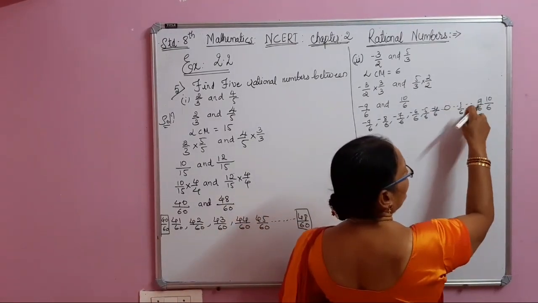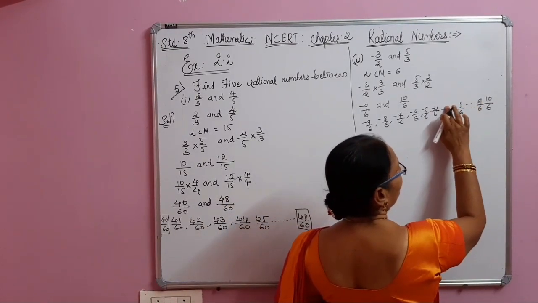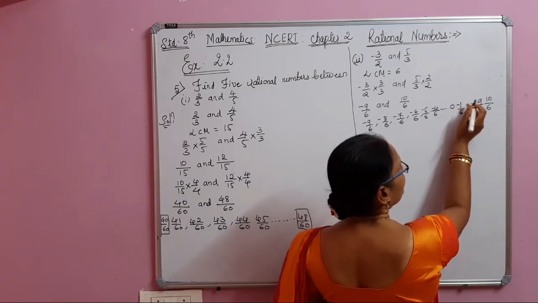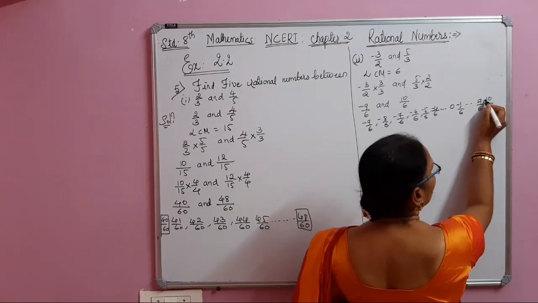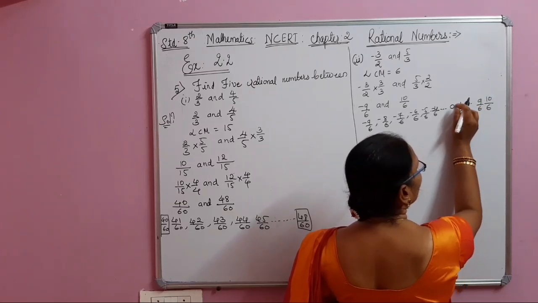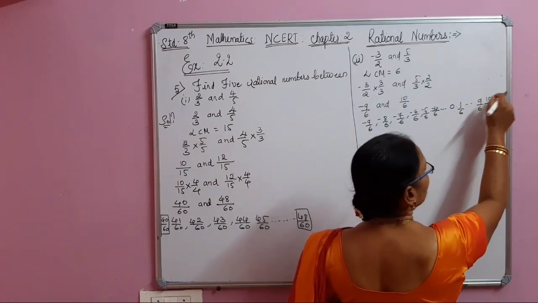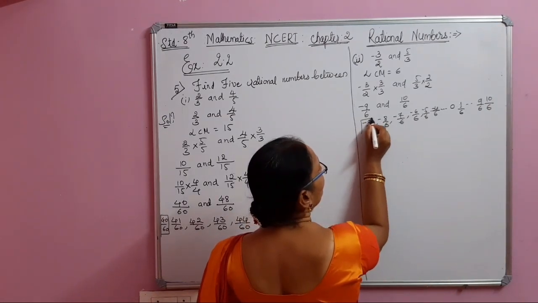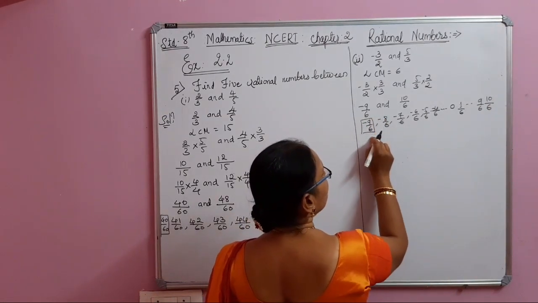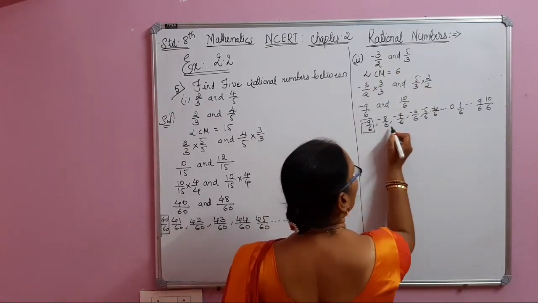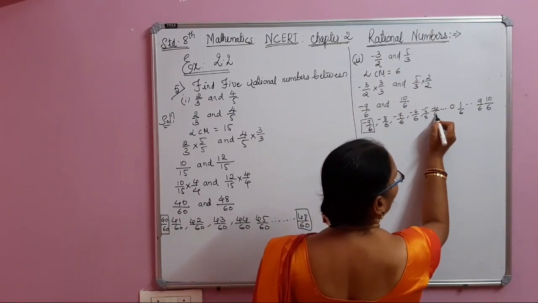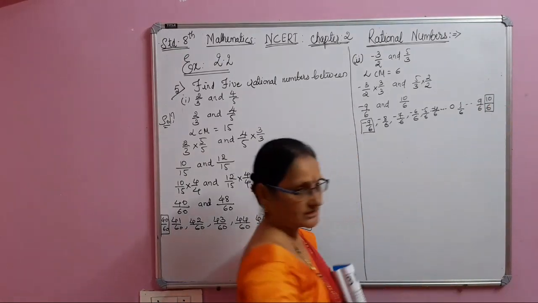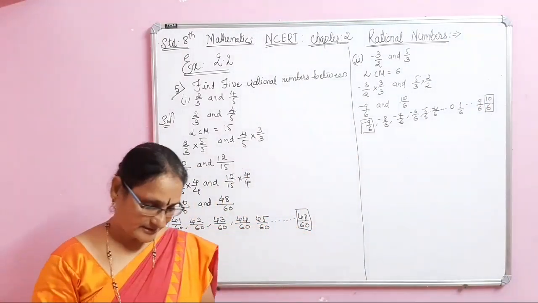Then 1 by 6. Here, like this 0. Afterwards minus 1 by 6, minus 9 by 6. Sorry, here not minus, because on the positive side it is 1 by 6. It goes up to 10 by 6. Here this is given only, the first one. Minus 9 by 6 means nothing but it is minus 3 by 2 only. 1, 2, 3, 4, 5 are required. Remaining, many more rational numbers we can get by this method.